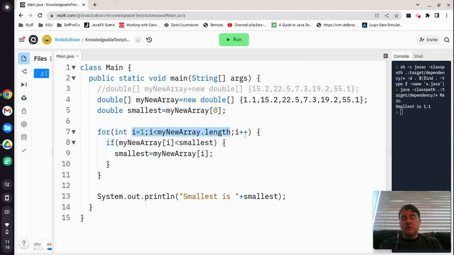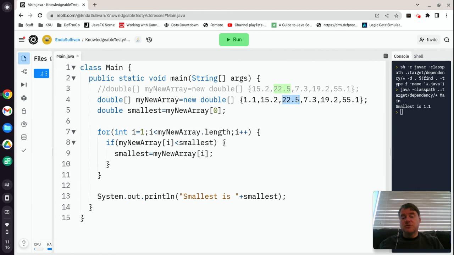So while I is less than 6, so 1, 2, 3, 4, and 5 are the cells it's going to look in, it's going to increment I each time through, and it looks to see if cell 1, the first time, is smaller than the smallest. So the smallest was 1.1, cell 1 has a 15.2, 15.2 is not smaller than 1.1, so it skipped over the if statement and went back up to the top of the loop, changed I to 2, and then it went back into the loop and it said, if 22.5 is less than 1.1, which it is not, so it went back up to the top of the loop,